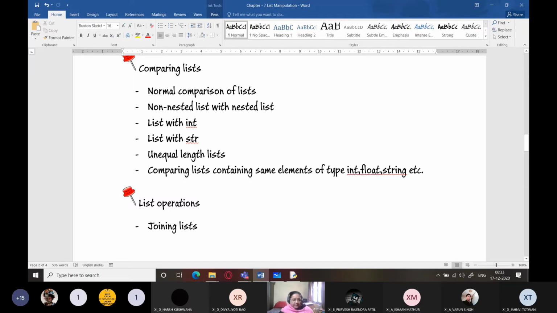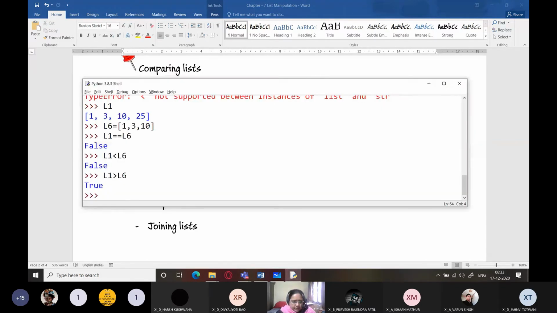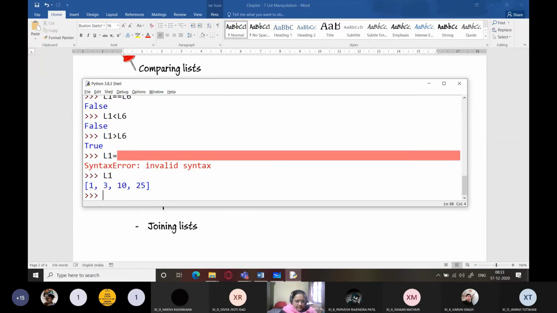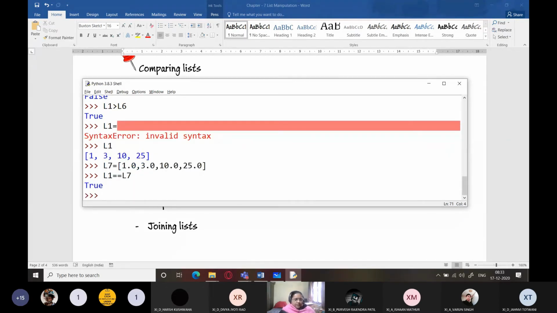Now let us try to do this: list L1 is this, let me create L7 which contains these values. I'm writing L1 equals L7, that is true. So both are equal, right?